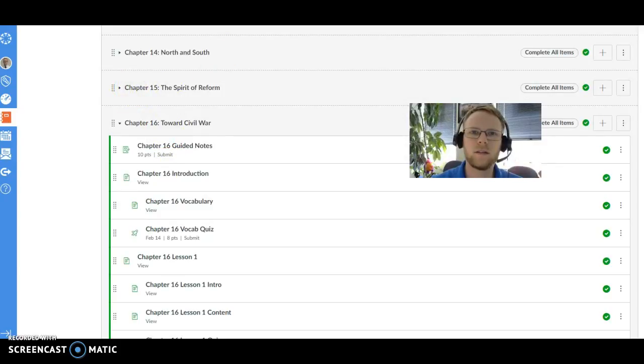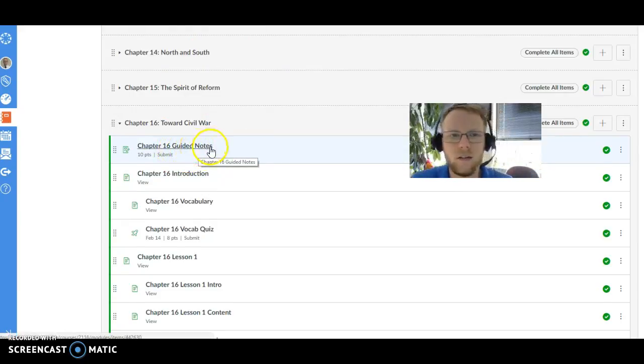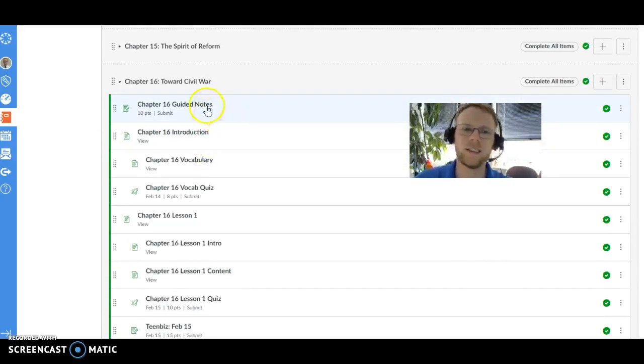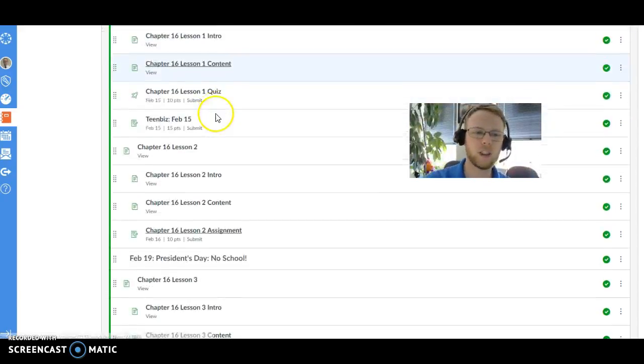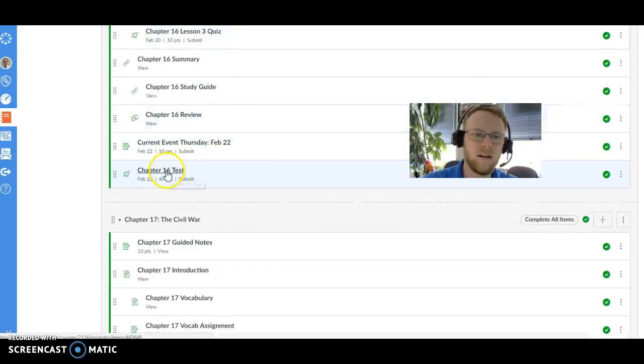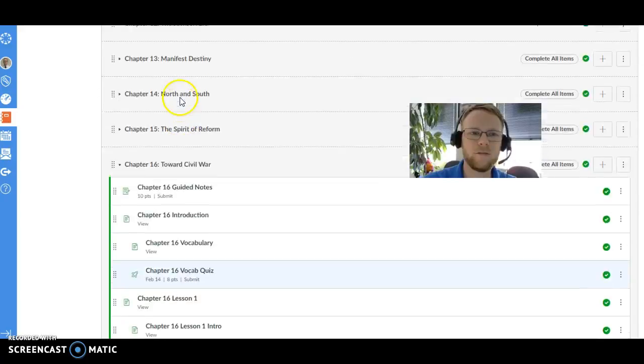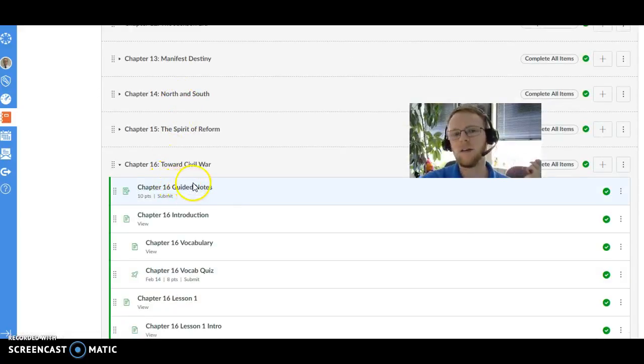This course was out of compliance because of the chapter 16 guided notes throughout the whole chapter so far. I have to have them for this class because I have kids with an IEP that require guided notes that need to be graded and turned in. So I put it in the beginning of this, and just that section can see it. So nobody sees this assignment except the people in that group. And I had to put it in the beginning because ideally they fill out the guided notes as they go through the chapter, and then the due date is always set for the last day of the test. But because I had to put it first and it's the assignment itself, I couldn't put